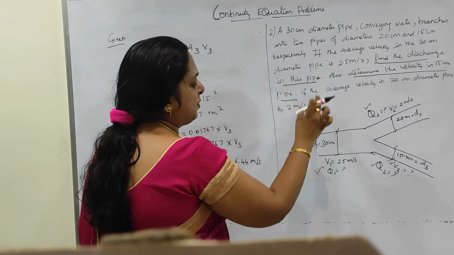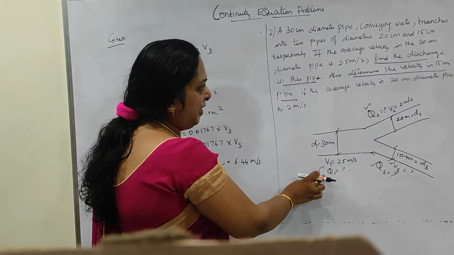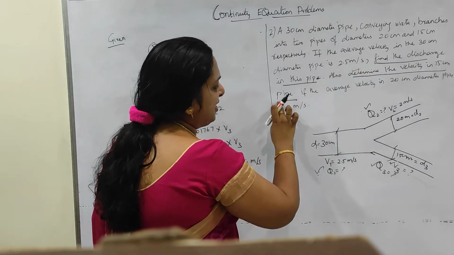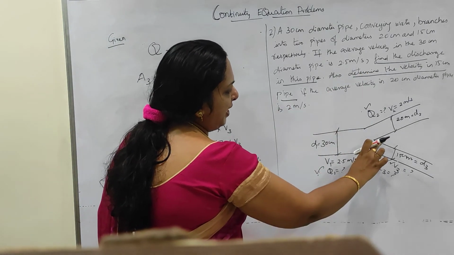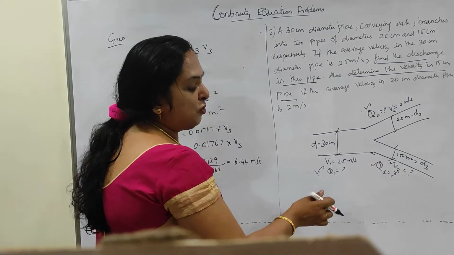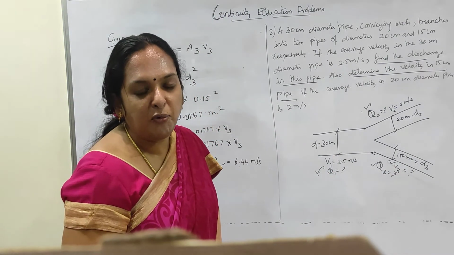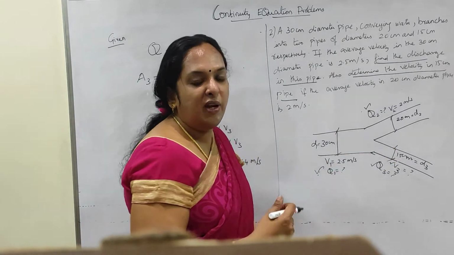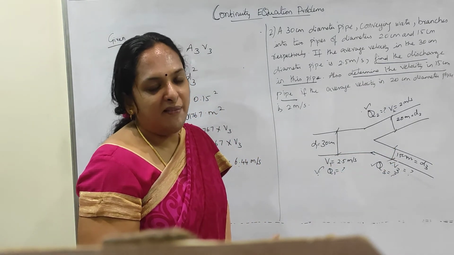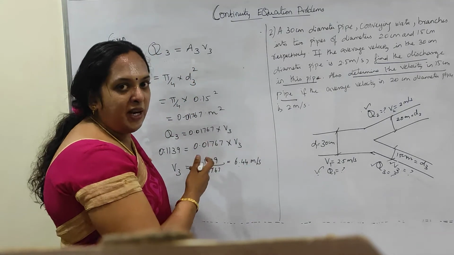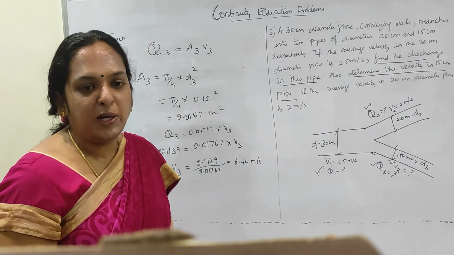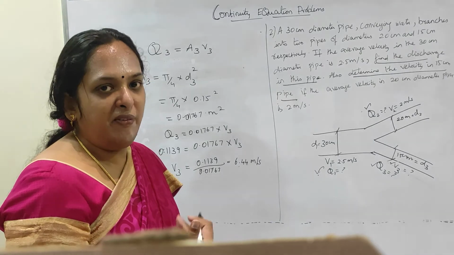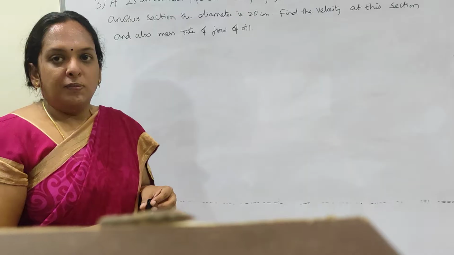Find the discharge in this pipe. So this discharge in the pipe, Q1, is found out. Also determine the velocity in the pipe of 15 centimeter diameter. This velocity they asked you to find out. For finding out the velocity, we found the discharge at that pipe. Once the discharge and area are known, it is easy for us to find out the velocity. Okay guys, so we have seen two problems here with respect to the continuity equation. Now we will go with one more problem.